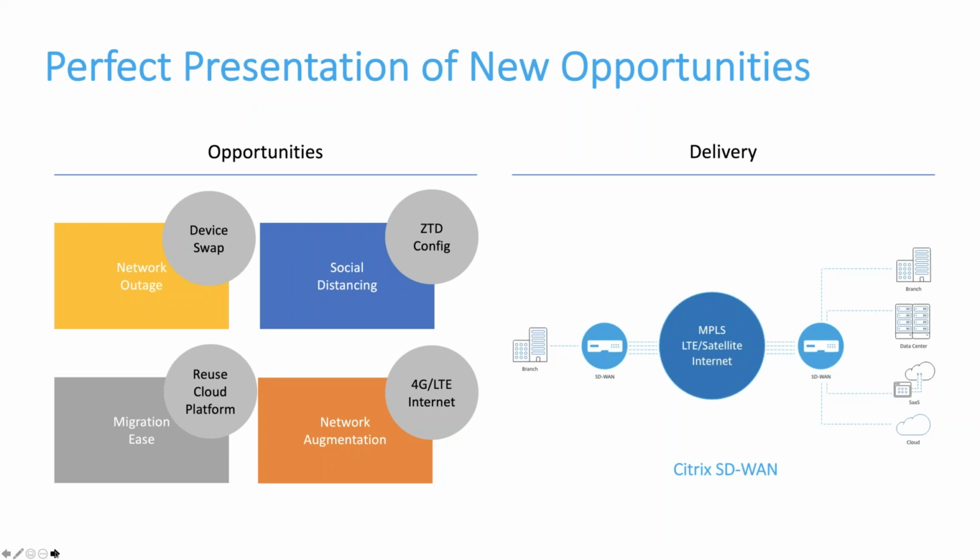Why not reuse those cloud platforms that were spun up, move forward some projects, and advance some of those projects, and leverage capabilities like the Citrix SD-WAN Cloud Direct Gateway to optimize performance to PaaS, SaaS, and IaaS platforms. And also, it presents a great opportunity to augment the network, right?